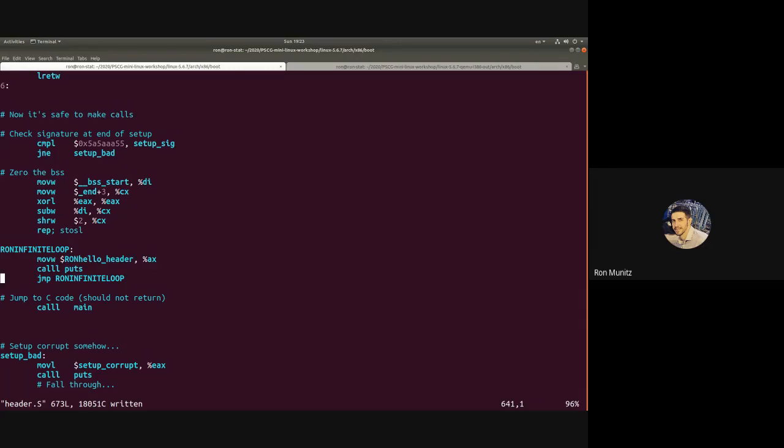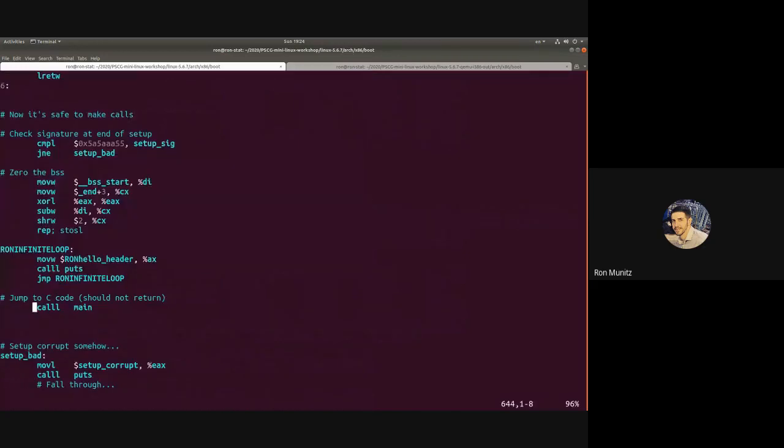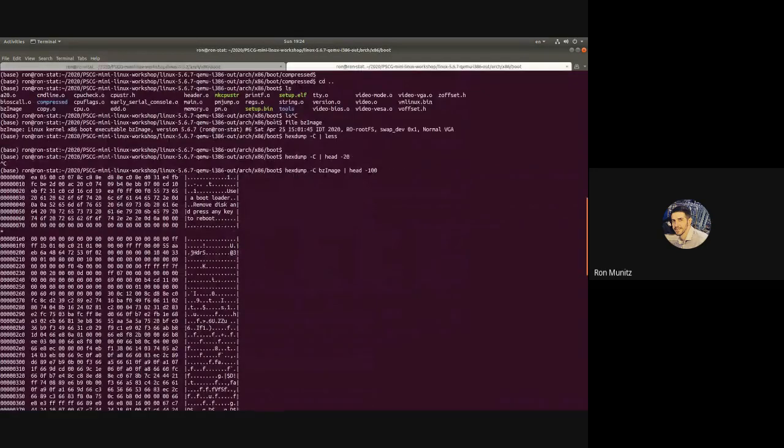I save it, okay? And pay attention to the next line. You see call main. Main does things, but now it will not do it because I put an infinite loop. I print a message, call, boom, to my thing. If I did that and made my kernel,